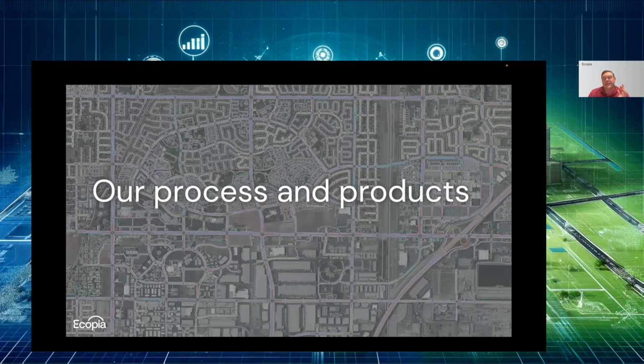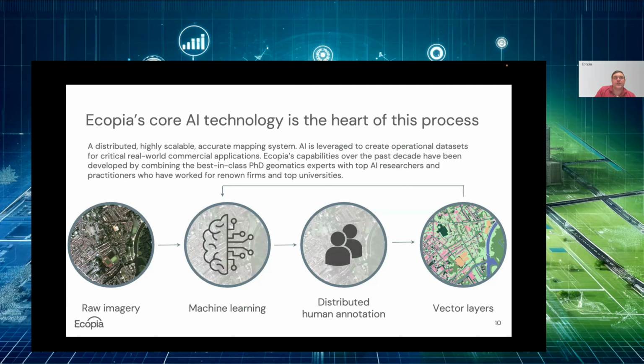So I think it's most important to jump into some of the examples at the end, but I will quickly touch on the state of machine learning. Anybody who's saying that they are just using automation and throwing automation at remote sensing data, whether that's satellite, aerial, or street view, that should be an immediate red flag. Even we've been doing this for 10 years, and we always want to triple check our results so that we can ensure that we have greater than 95% accuracy with all of the map features that we are creating